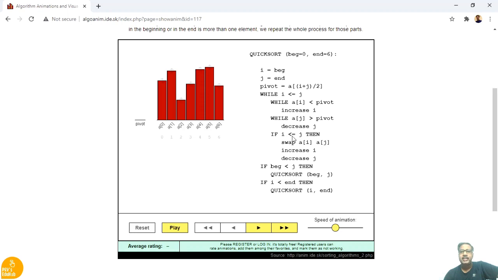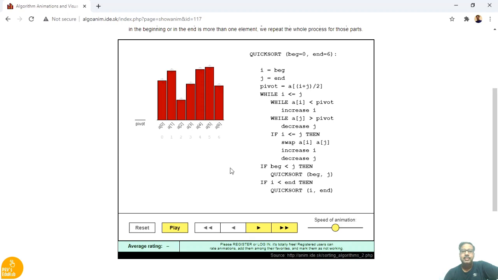If I is less than or equal to j, then swap a of I and a of j. Then increase the index I and decrease the index j. If beginning is less than j, that means if the index has crossed the beginning element, then reset the indexes.